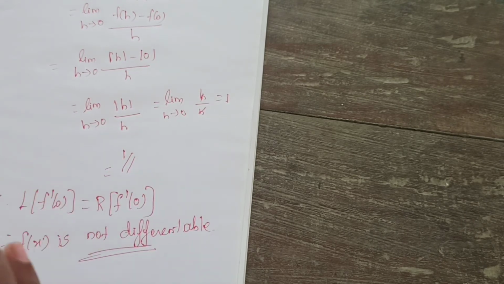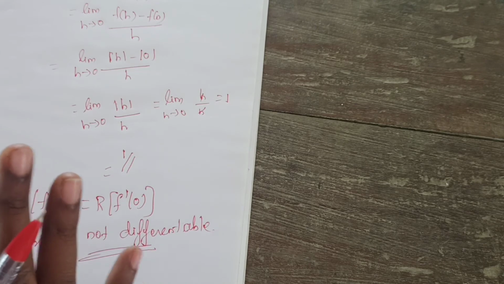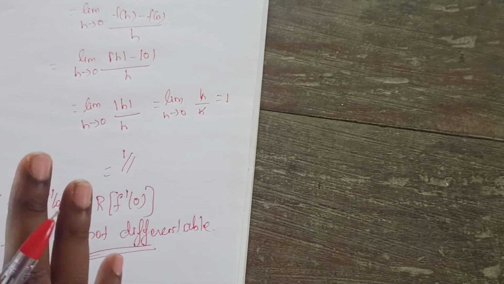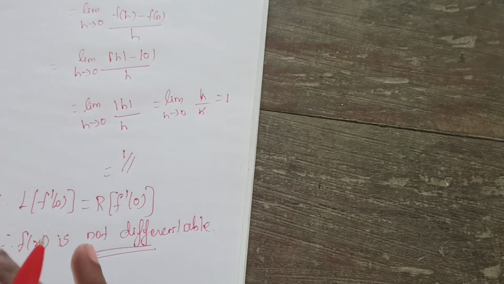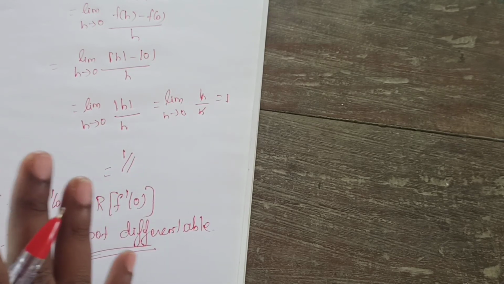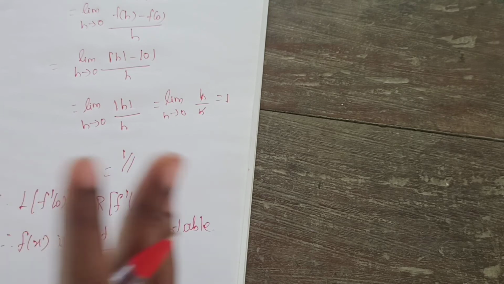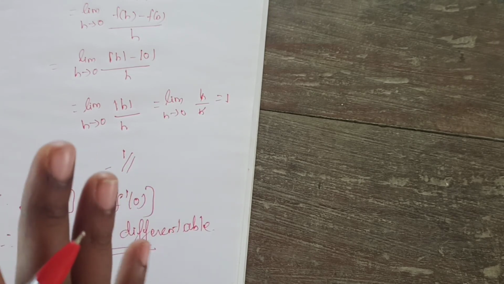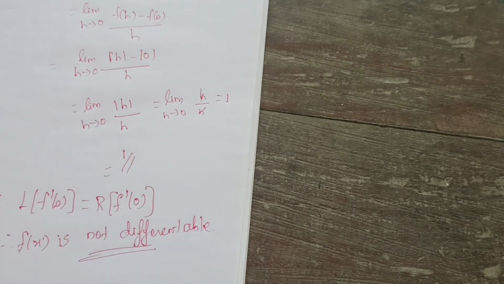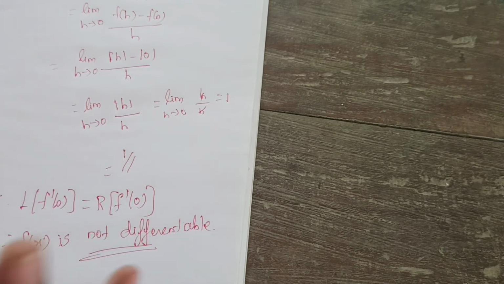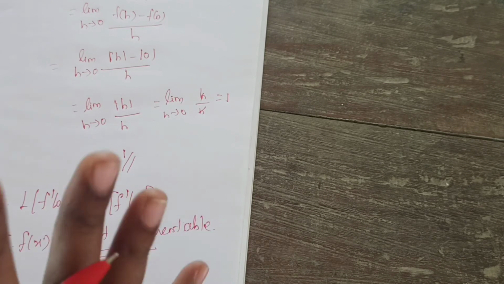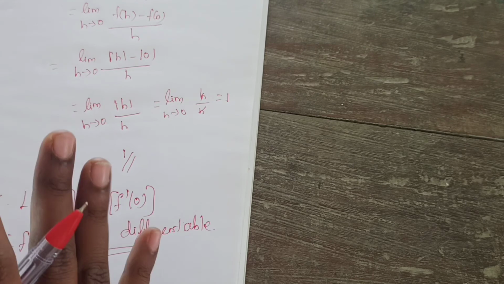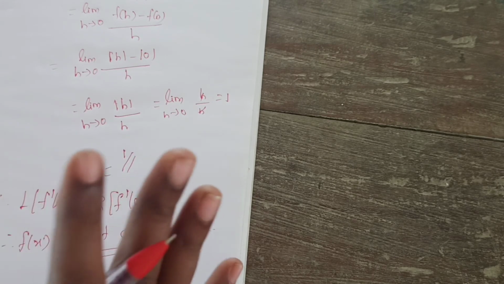In both, left hand limit and right hand limit alone we are finding, but there will be a lot of difference. Have you understood? So here for continuity, limit of f of x only we will find; here f dash we will find, but there will be a difference in the formula. The formula is f of x minus f of c divided by x minus c. So that's very important, so keep it in mind, students. Everyone will get confused here only. So first you learn the difference, the statement. Afterwards you move to the problem, then only it will be very easy for you.